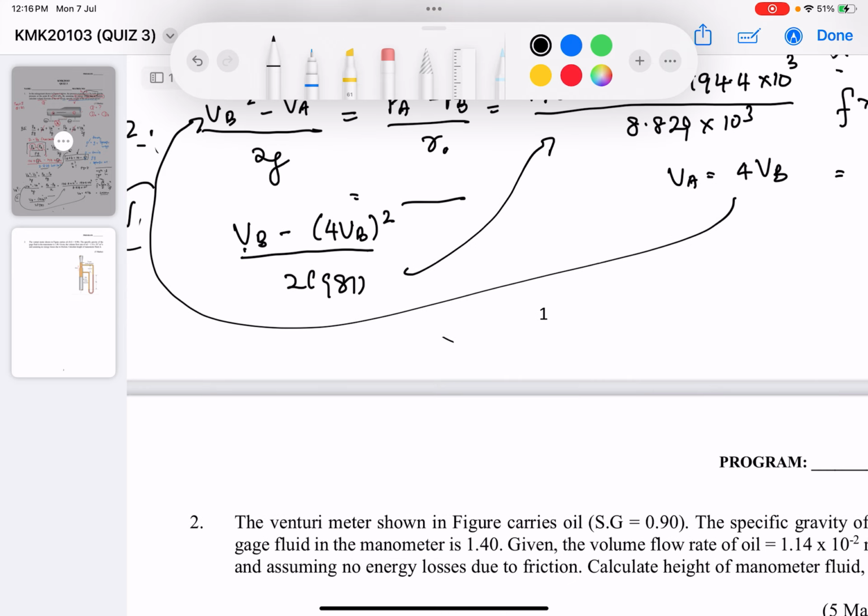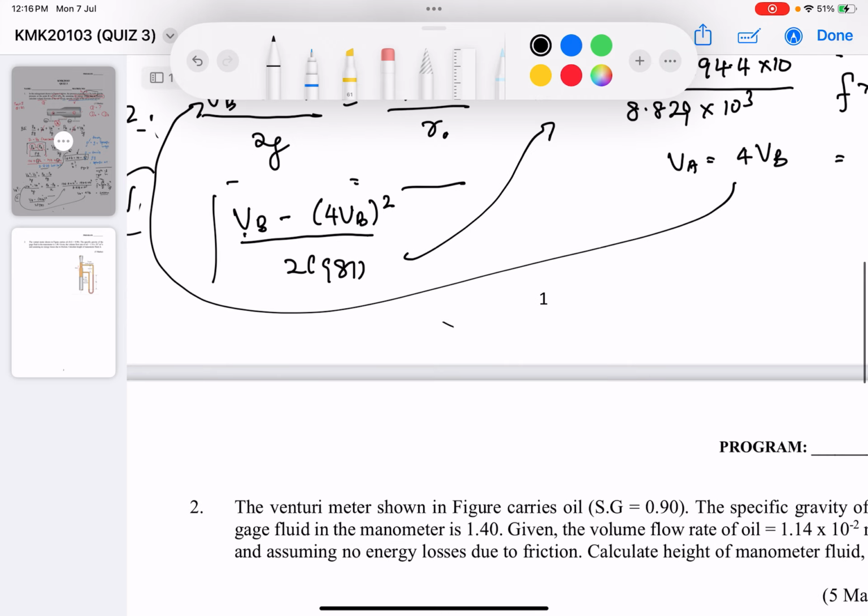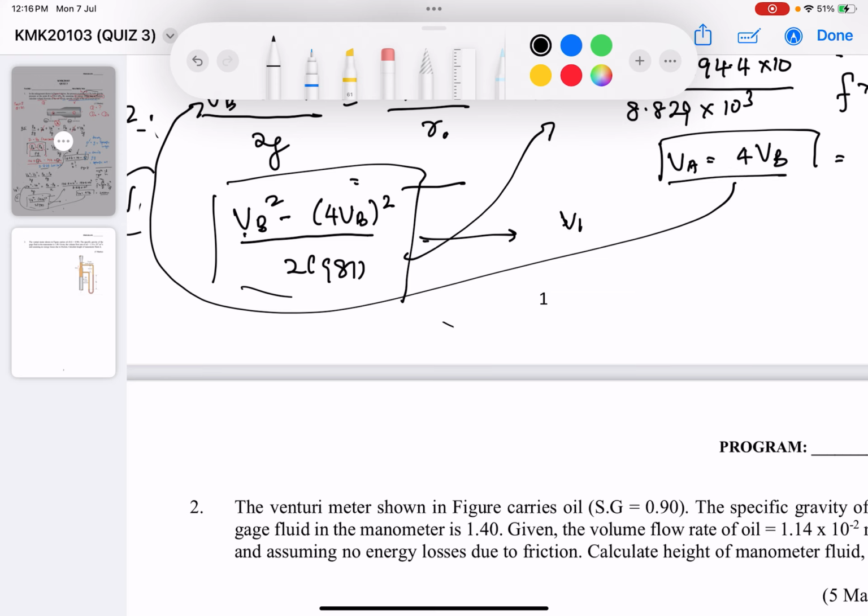Here you have to be a little bit careful, because some students say VB power of 2, and then replace VA with 4 multiplied by VB, which is correct. But then they say VB power of 2 minus 4 VB power of 2, which